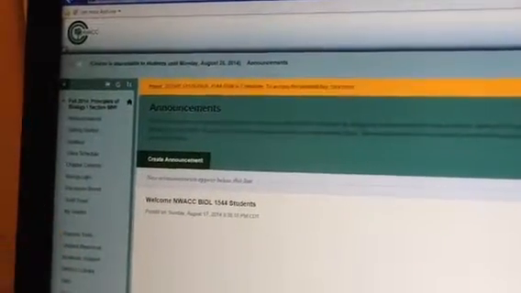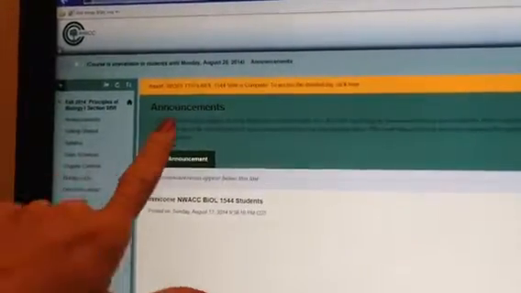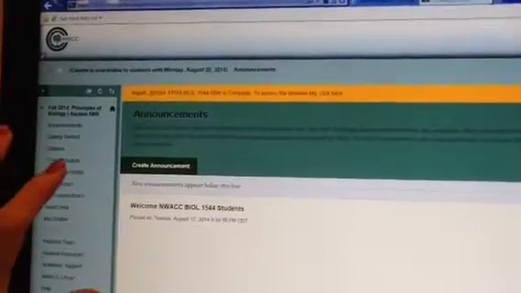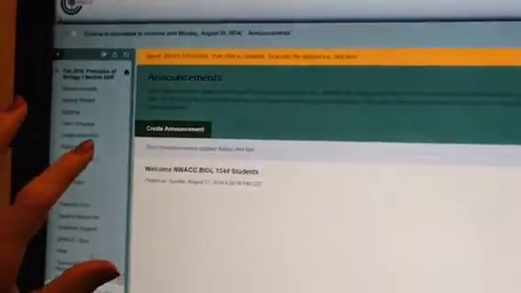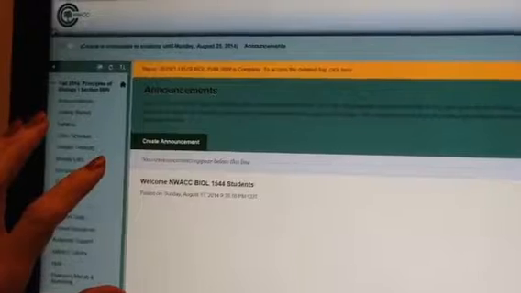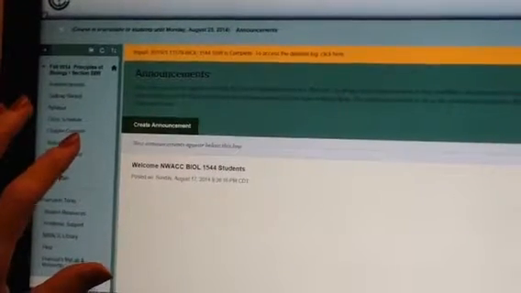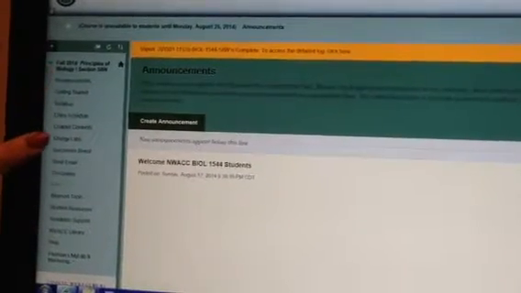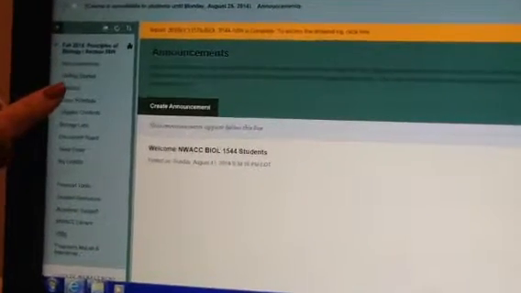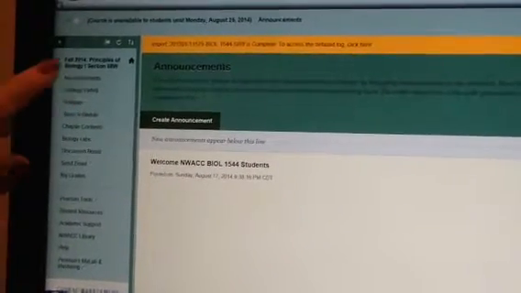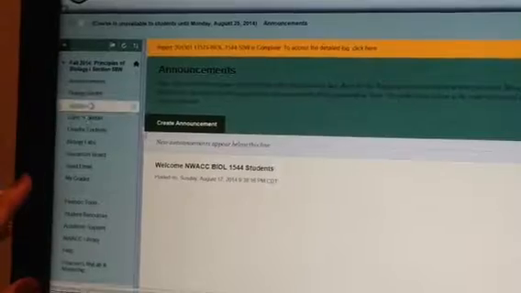Click on that, and it will bring you to this site. The first thing you'll see is the announcement page, and this is where I will post important announcements, but I will also send these announcements to you as an email, so make sure that you're checking your email daily. The other items that you see in this menu, you can see this Getting Started link. If you click on Getting Started,